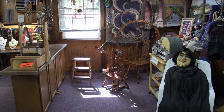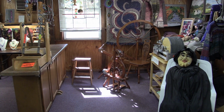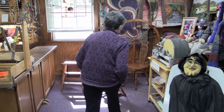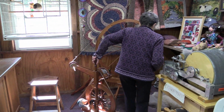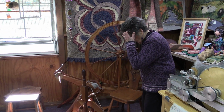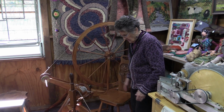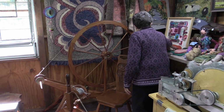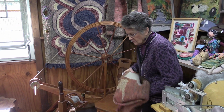Is it products? Yep. Oh, is your spinner right there? I spin it with this, right? There was a couple in here yesterday that wanted to see the whole process, so now I've got to put things back together again, but this is